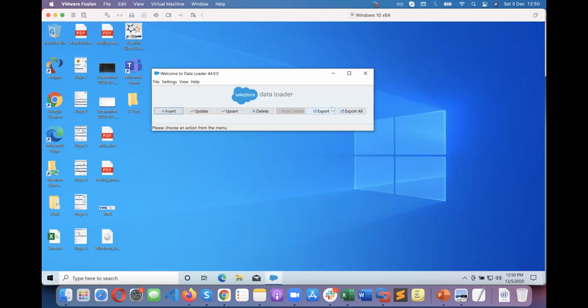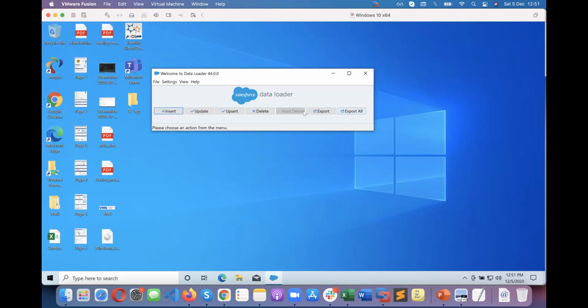Yeah, what is the difference between export and export all? Export means it will export only the employee object, but export all means it will export the employee object and also the employee-related records from the recycle bin. Because the recycle bin contains data from all objects, right? Maybe you deleted from account, from contact, from employee, from customers. Now if you are exporting the customer object with the export all option, it will export from the customer object and also from the recycle bin records associated with the customer object.